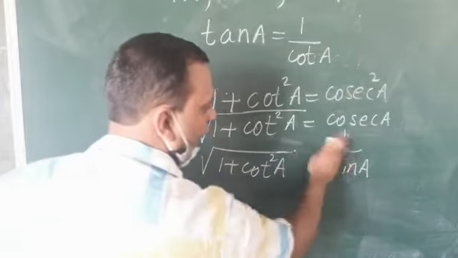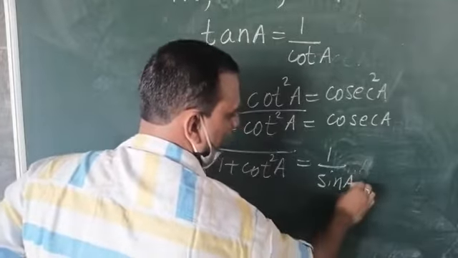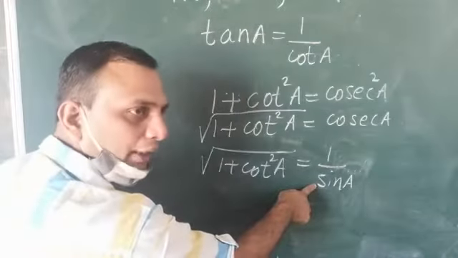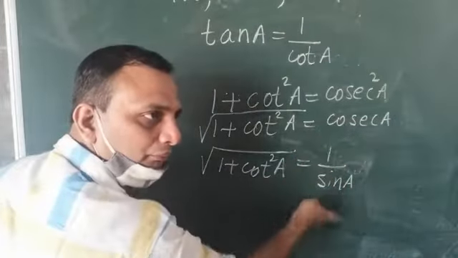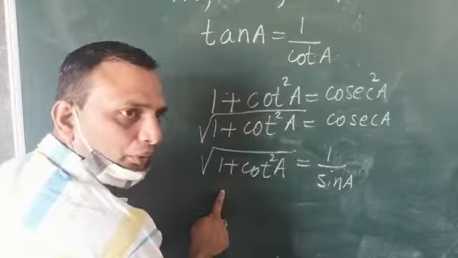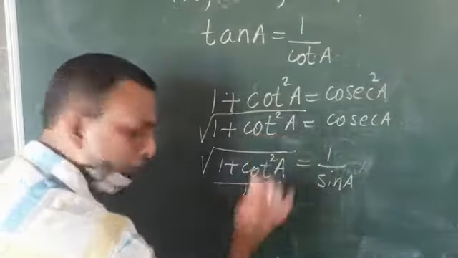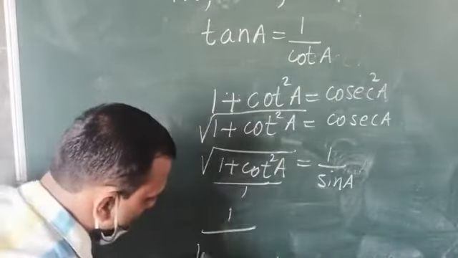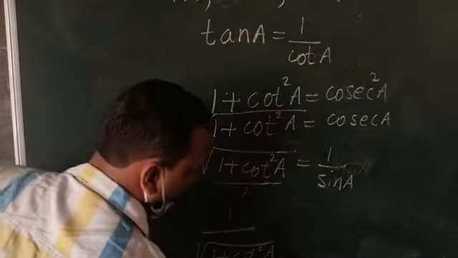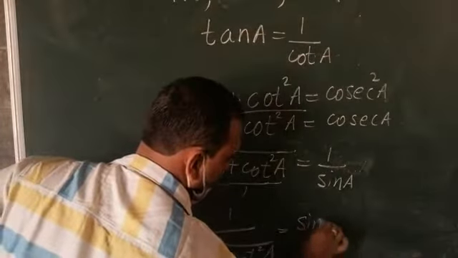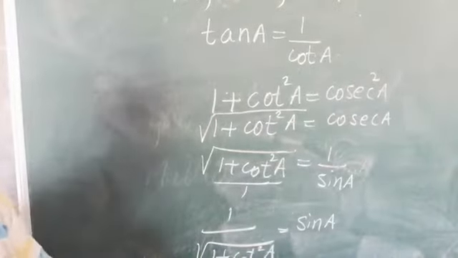And it is asked in the question, you have to find the value of sin a, or 1 upon sin a? Sin a. So what if I have to find the value of sin a? I will do the reciprocal. Sin a will go up, 1 will come. Here also reciprocal we have to do. Say yes or no? So can I write here 1? So 1 will go up. 1 upon root of 1 plus cot square a equal to what? Sin a is the answer. Understood? This is the example question also.